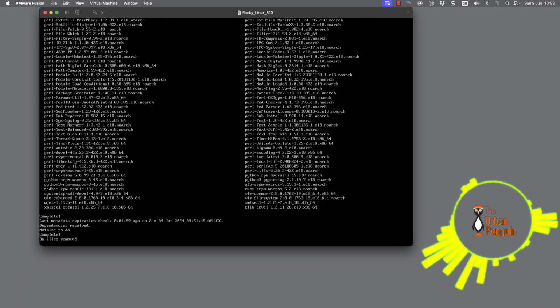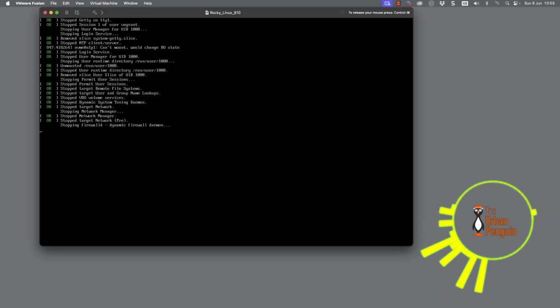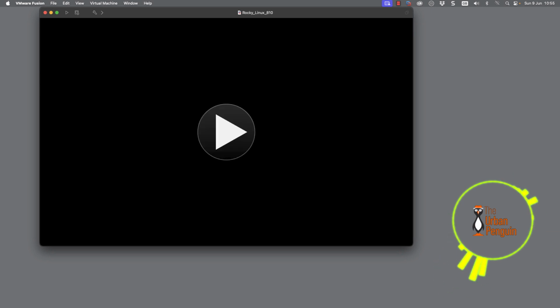It will make sure that the public key is shared for the Vagrant user, so we're able to log in using key-based authentication. We've got the VMware tools installed and started and a few other utilities. But we can now power off our machine and we are done and dusted in creating our image.